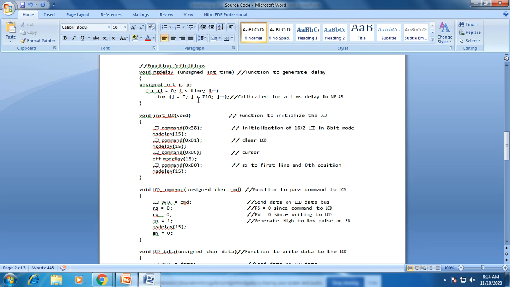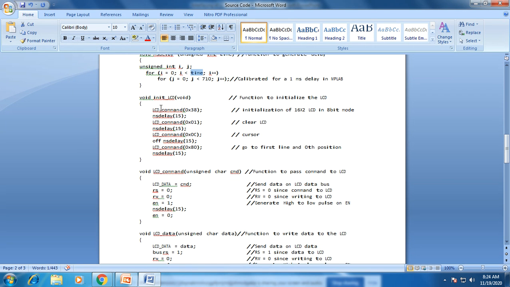You can use this particular program with for loops for two integers. Here time is equal to the time that is needed for generating the delay, that you may write 50, 100, depending on user need.